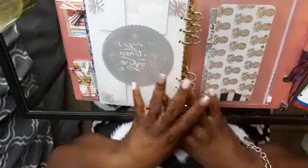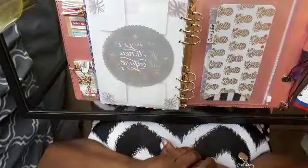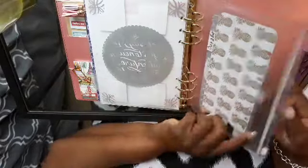I don't want this portfolio, this planner to be so much, oh, it's so pretty, I'm decorating. No, I want it to be functional and useful. So that's why I'm not going all into it. Now, this is